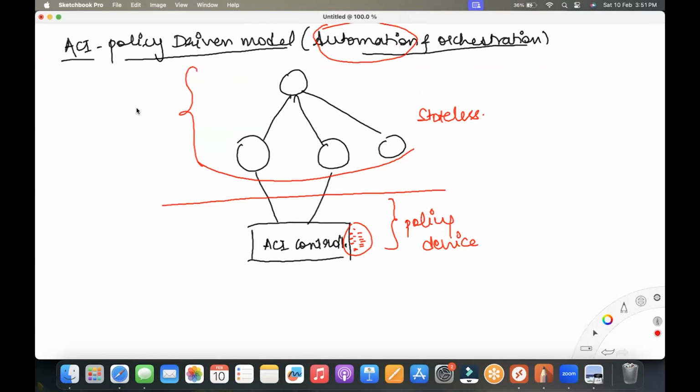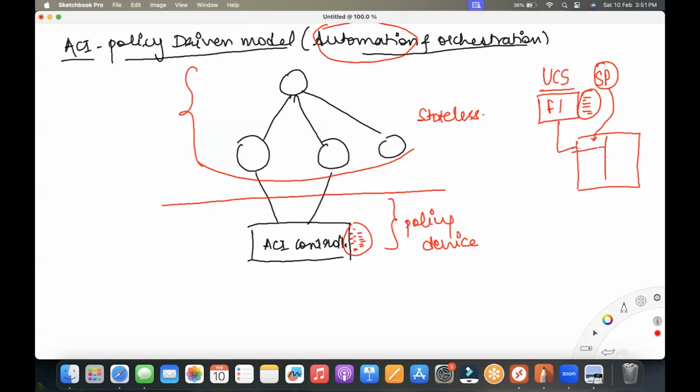Automated means, see what happens is, if you remember, I hope you remember, in UCS the controller was the fabric interconnect, right? When you created the policies for your server, what did you have to do? You had to manually push those policies. What I mean by manually is that you had to create something called the service profile, and this service profile you had to associate to your server, sort of like a manual push,